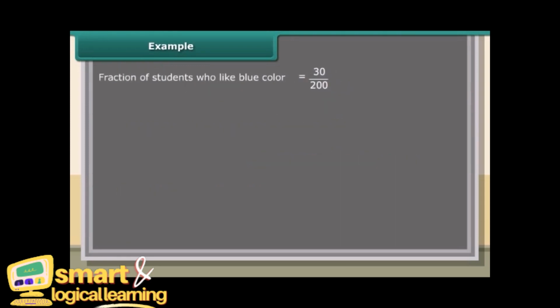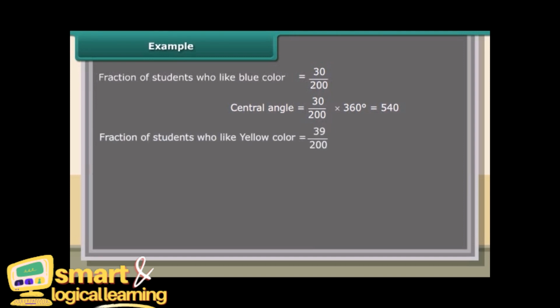Fraction of students who like blue color is equal to 30 upon 200. Central angle is equal to 30 upon 200 times 360 degrees, which is equal to 54 degrees. Fraction of students who like yellow color is equal to 39 upon 200. Now central angle is equal to 39 upon 200 times 360 degrees, which is equal to